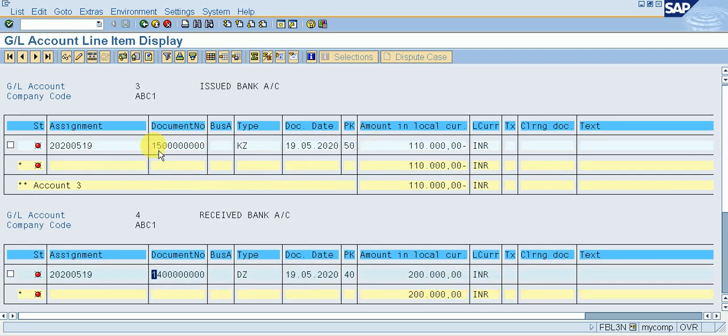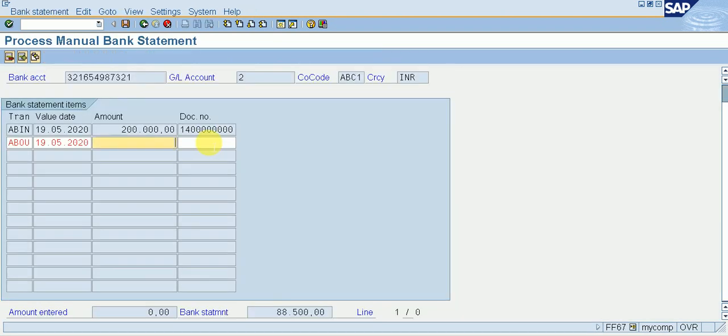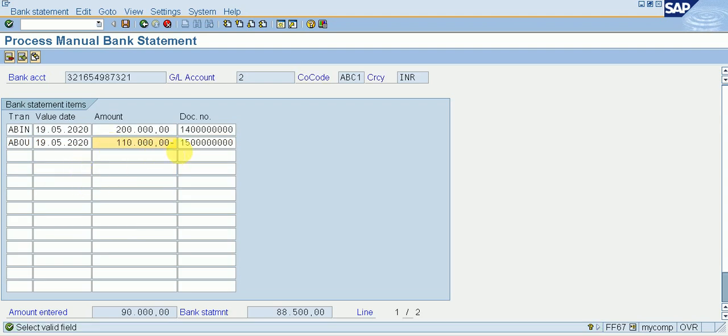Issued bank. Sorry, before that minus is necessary to show. Minus symbol is necessary before giving a amount. Okay.